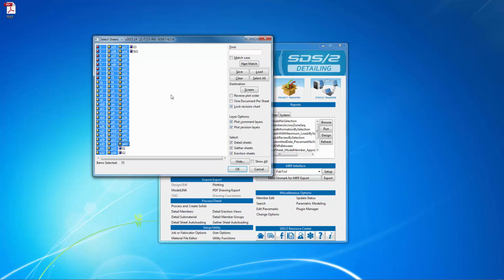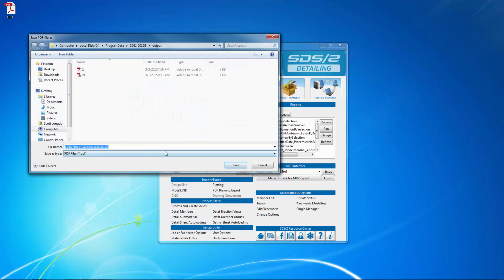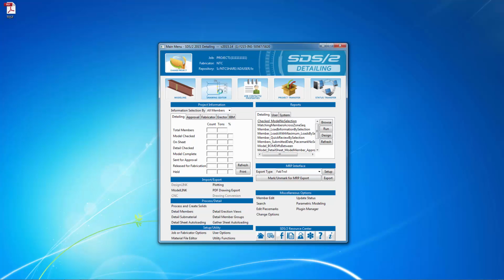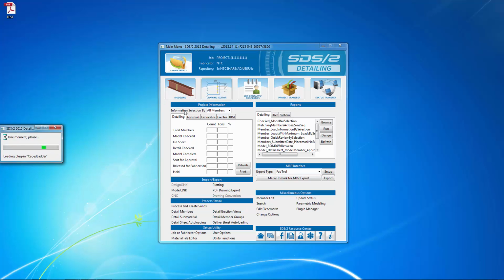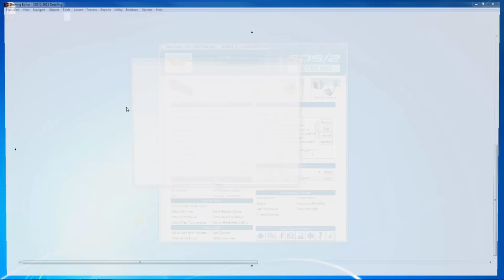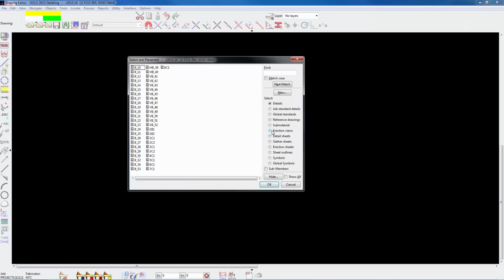If I would go and make a change on one of those sheets, cancel all there, go back into my erection sheet